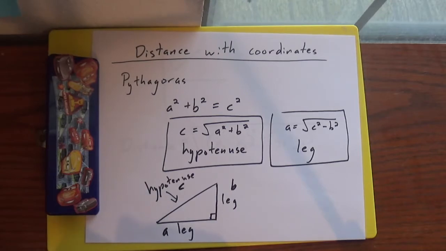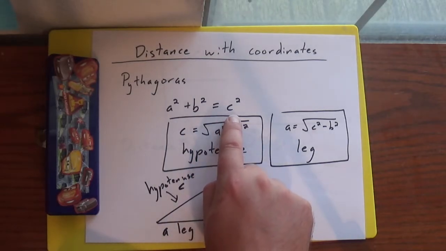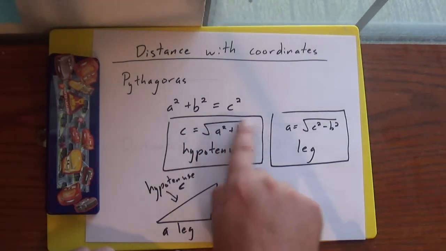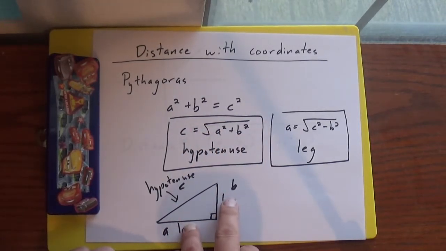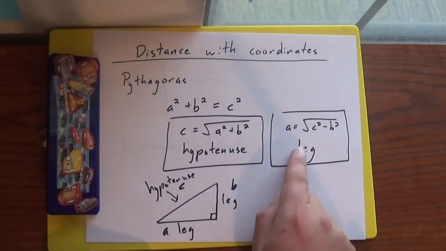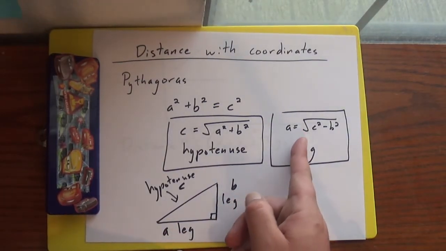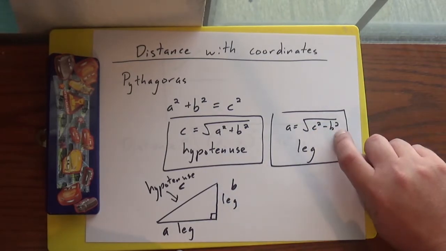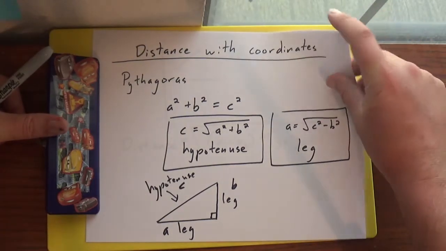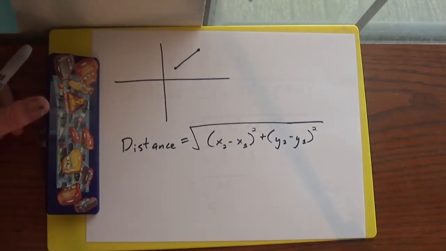So if you want to know what the hypotenuse is, c squared equals all that, but we don't care about c squared. We want to know what c itself is. So you just take the square root of the short sides added up. So square root of a squared plus b squared. And if you wanted to know one of the legs, the short sides are called legs, it'd be the square root of the hypotenuse squared minus the other short side. We will cover that way more in the future, but the point in that is that our distance formula